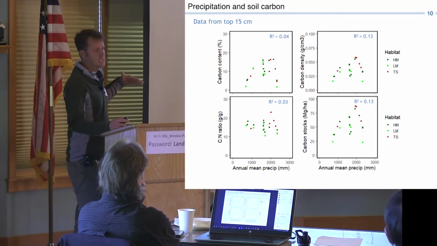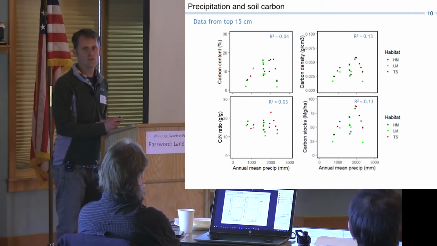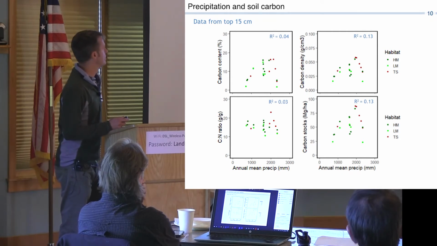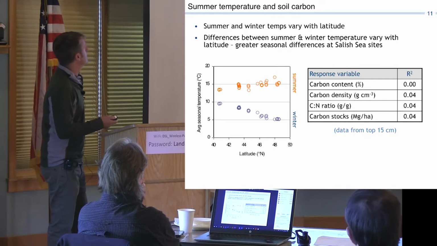And really didn't see any strong relationships when we sort of pooled all of these habitat types together, low marsh, high marsh, and tidal swamps. There really weren't any strong relationships that jumped out. The next thing we looked at was